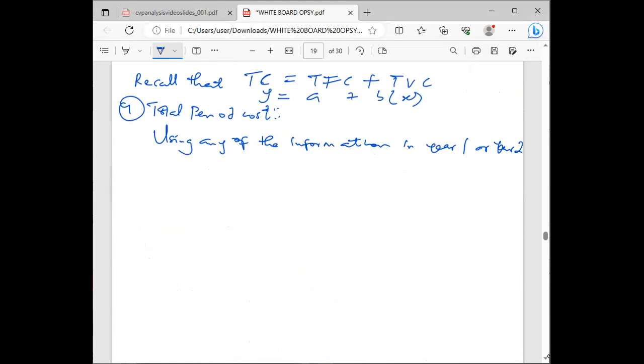Total cost was what? 37,600. Knowing fully well that total cost is equal to total fixed cost plus total variable cost. So I'll say 37,600 is equal to total fixed cost plus what makes up my variable cost? Variable cost per unit of 0.7 multiplied by the volume of